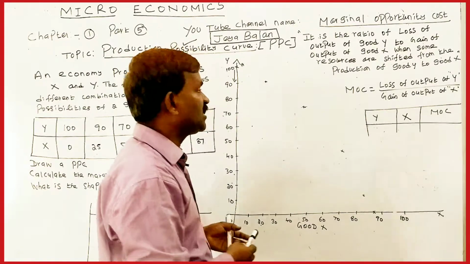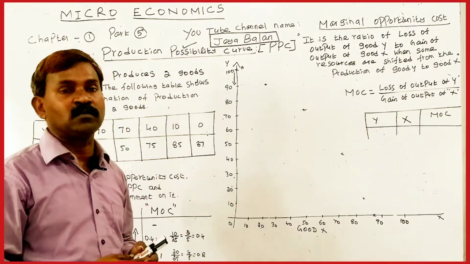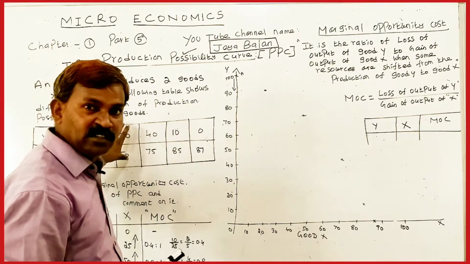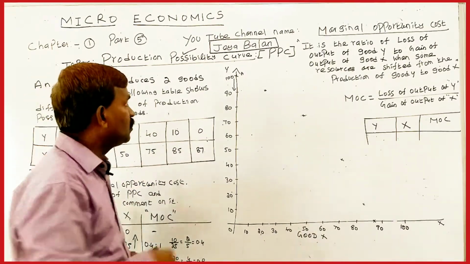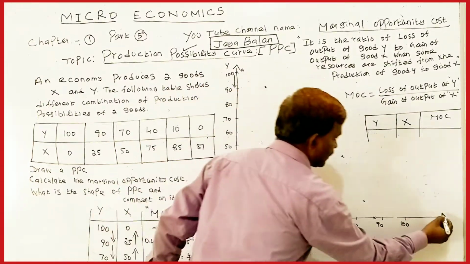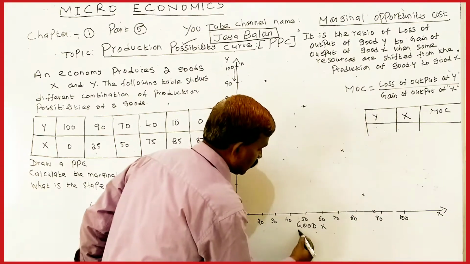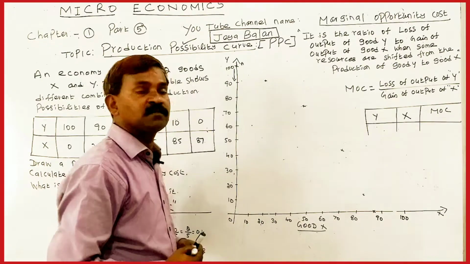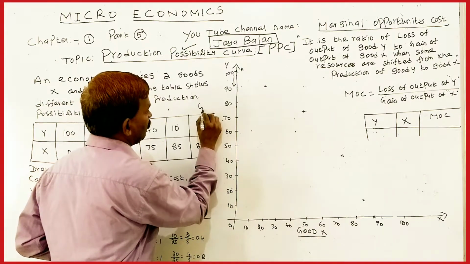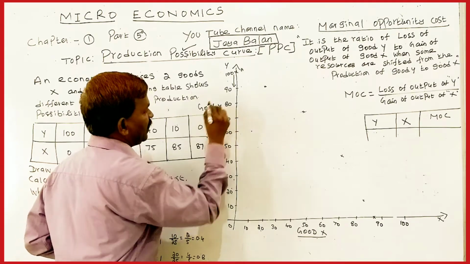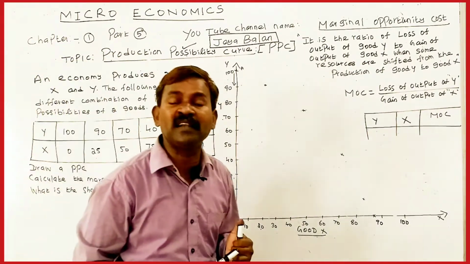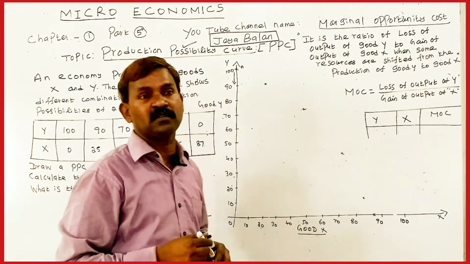So now I am going to explain in the diagrammatical form. I told you already you are given a question. Already you are given a table in the question part. So you have to draw x-axis and y-axis. In x-axis we are going to show the production of good X. In y-axis we are going to show the production of good Y. Right? What is the first combination given in the table of your question part?